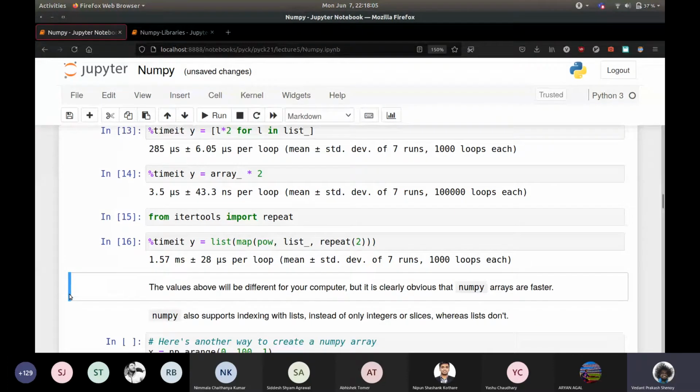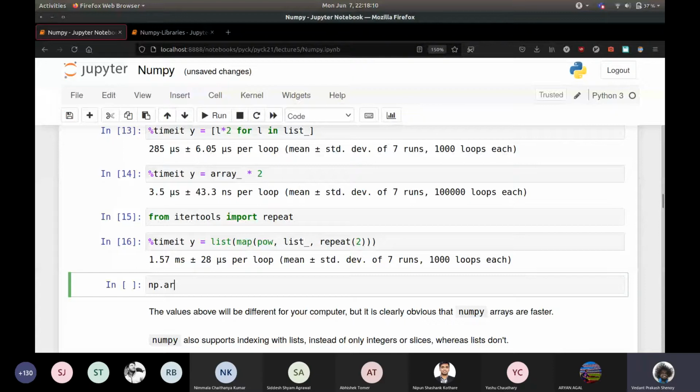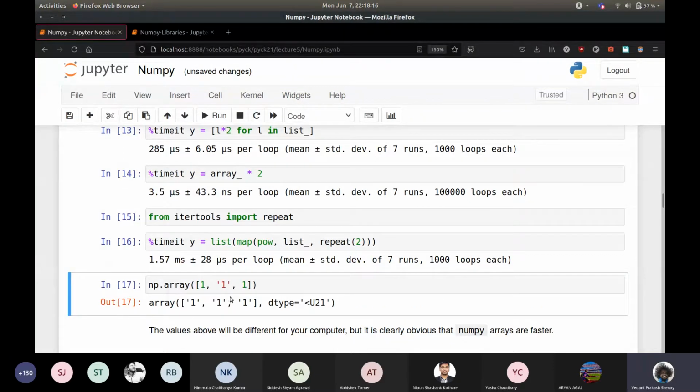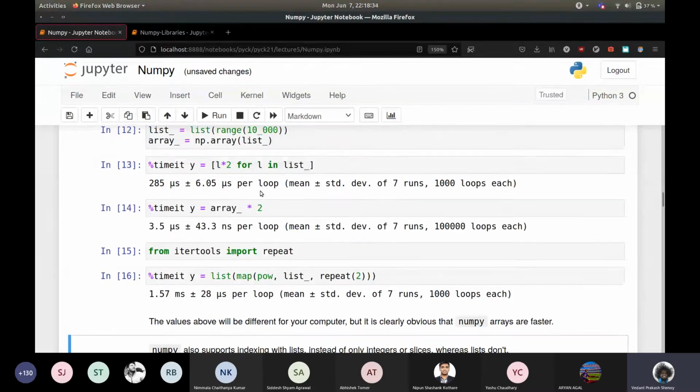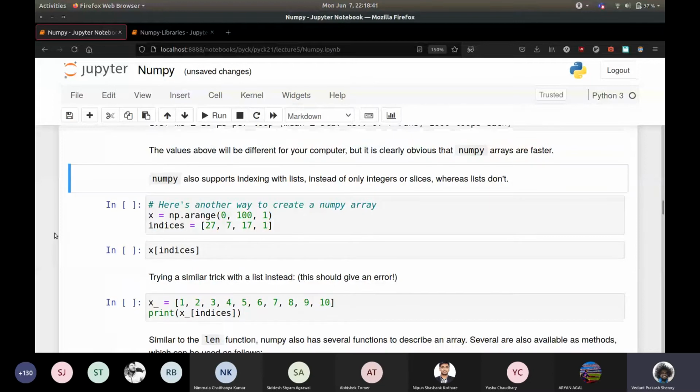because you can just check if the data type of the entire array is compatible. But that obviously gives you a restriction: you can't have a NumPy array with each element having a different data type, right? So this will just scale everything up to a character. And we'll see how we can change this. But all the elements have to be the same data type. You cannot have one element with a different data type in a NumPy array. Yeah, the actual values that you get will be different depending on the computer, but it's obviously clear that NumPy is much faster at all of this stuff.